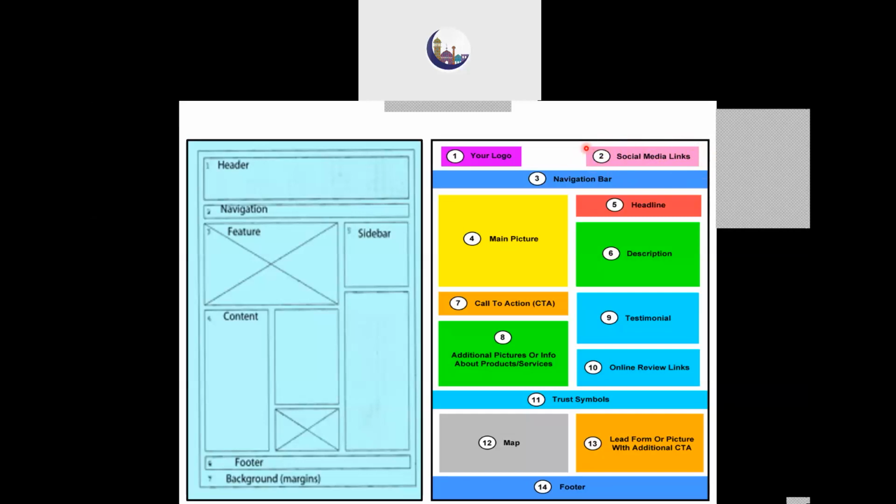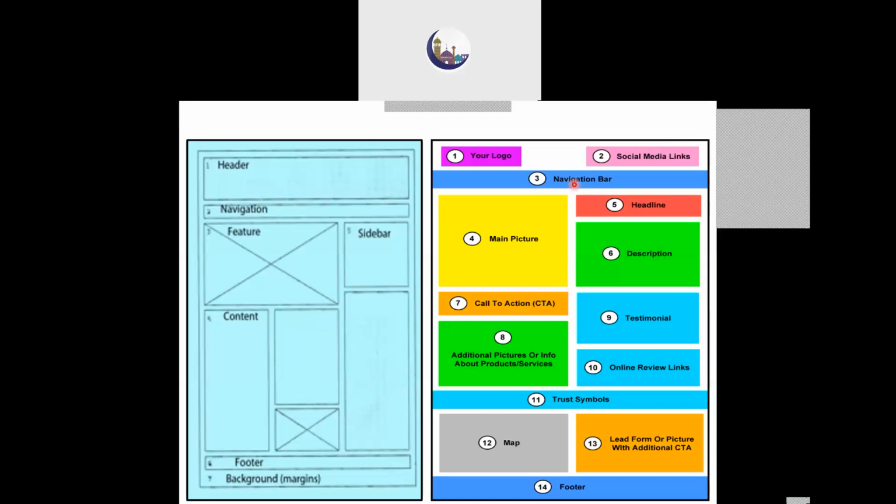Otherwise, it would have gone beyond its limits. Now, after these two things, which are very important, next comes the navigation bar. This navigation bar nowadays is being made auto hidden. Auto hidden means sometimes on your mobile you will have the three lines coming in on the top right corner. If you click those three lines, you will get a pop up or a slider. You will get the list of other web pages or links which you can click and open the particular page. But when it comes to a desktop, you need not have those three lines. It's a bigger screen, so you can have all of them in one single line.